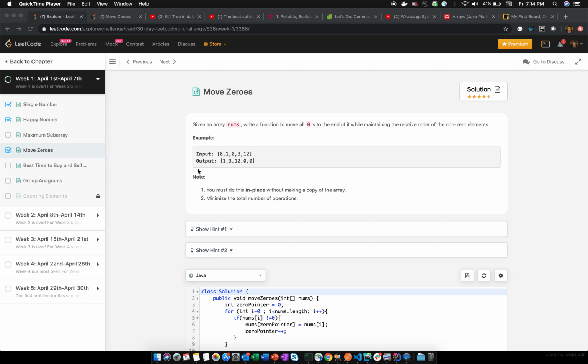So what is the problem? The problem statement is: given an array nums, write a function to move all zeros to the end of it while maintaining the relative order of non-zero elements. So what it says is we have zeros and non-zero numbers, and all we need to do is maintain the non-zero elements' order the way they came into the array, and move all the zeros to the end. So for example, 1 came first in order of the array